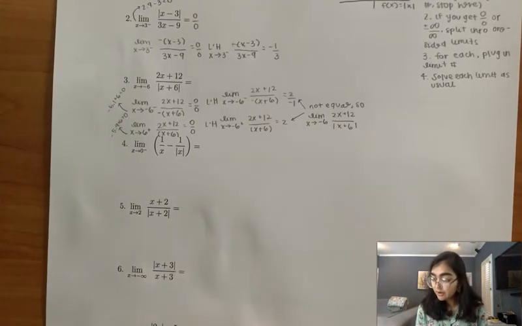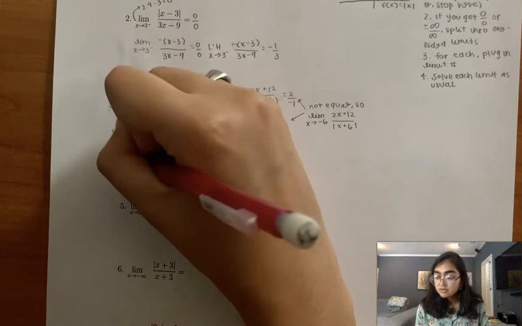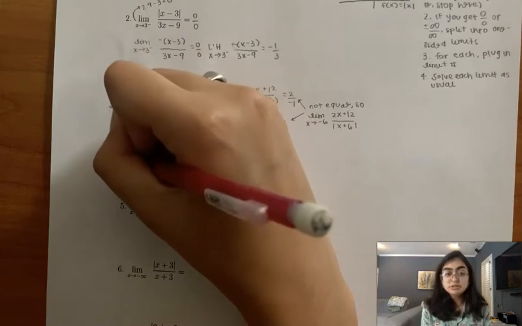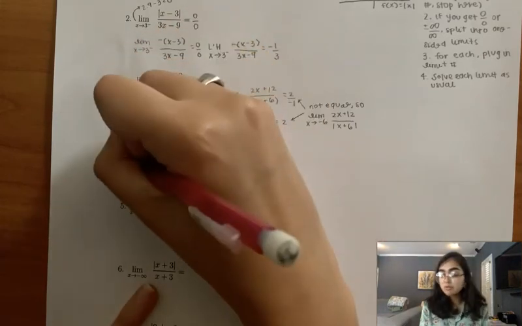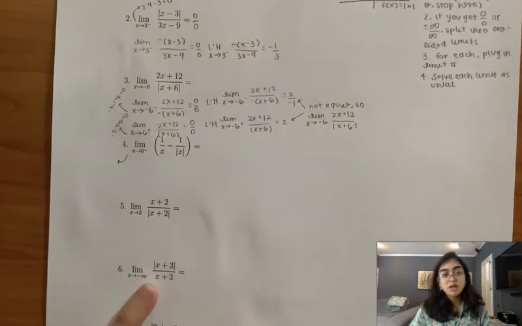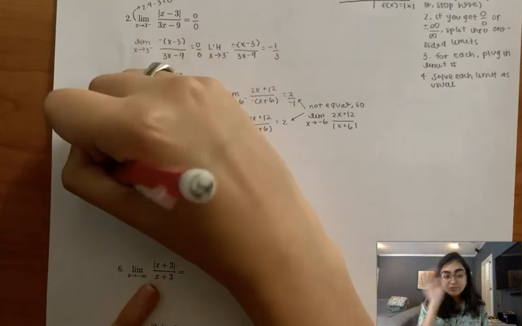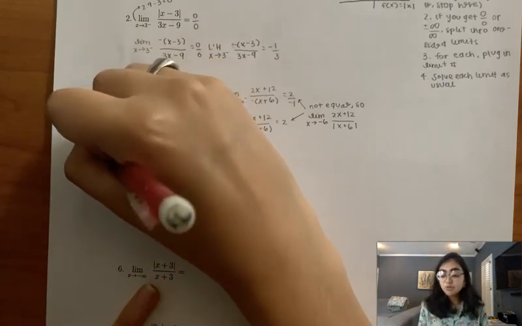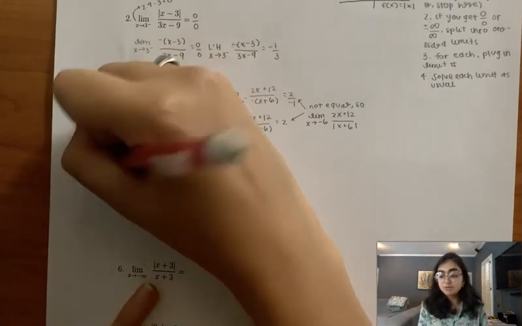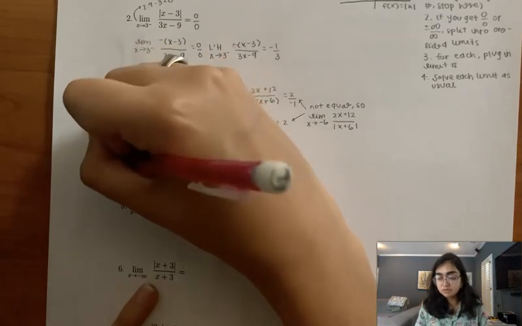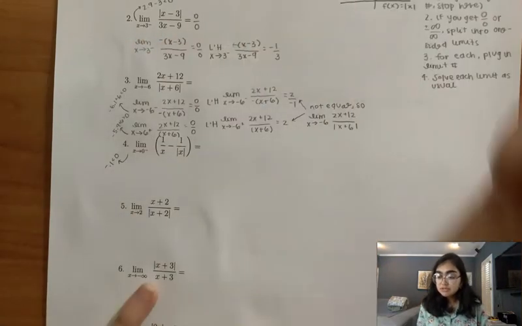Okay, number 4. So if we plug in 0 to the original problem, we're going to get 0 over 0. I forgot to write that again, but just know if you plug 0 into 1 over x minus 1 over the absolute value of x, you're going to get 0 over 0. Since we get 0 over 0,